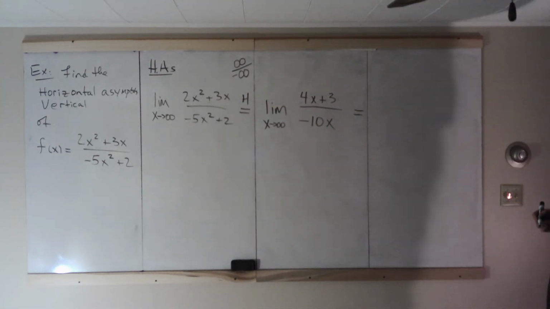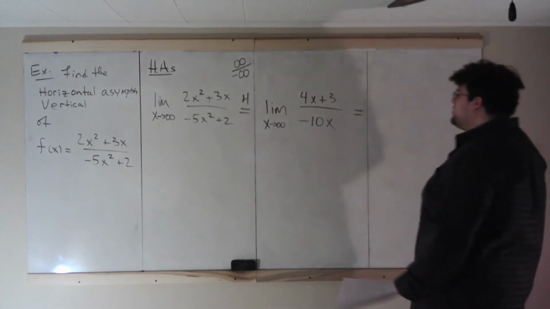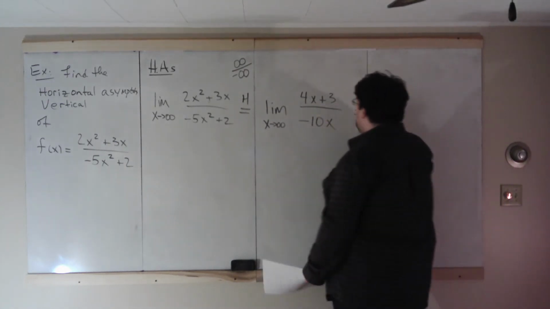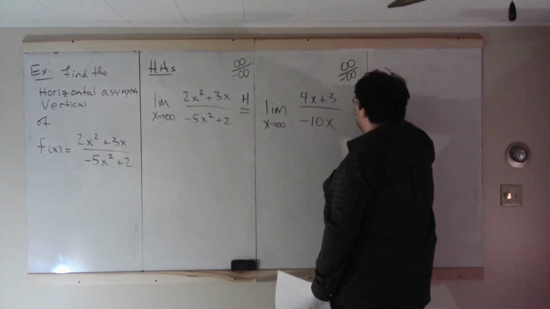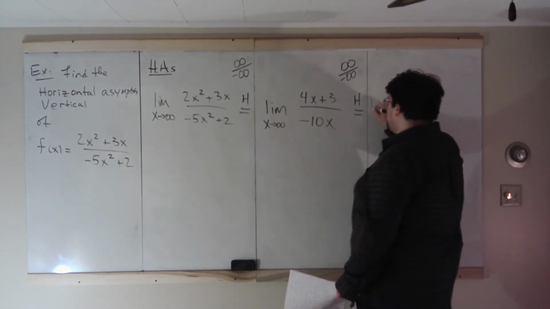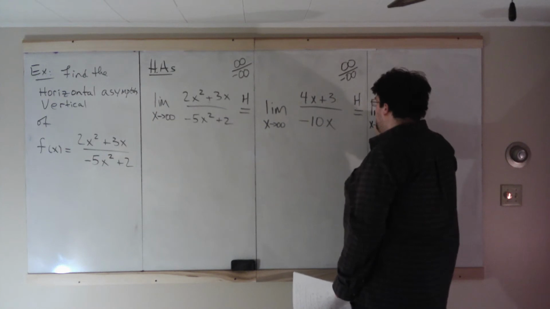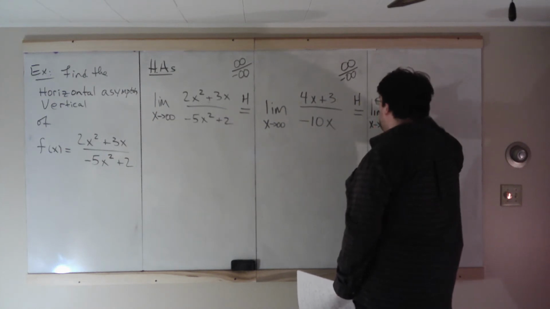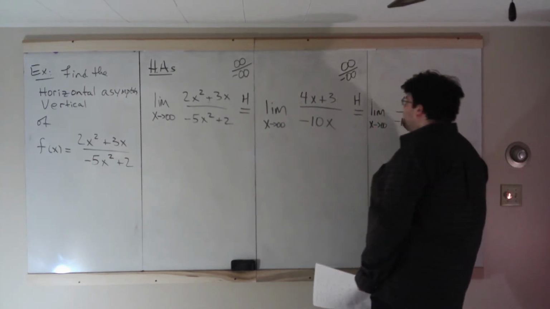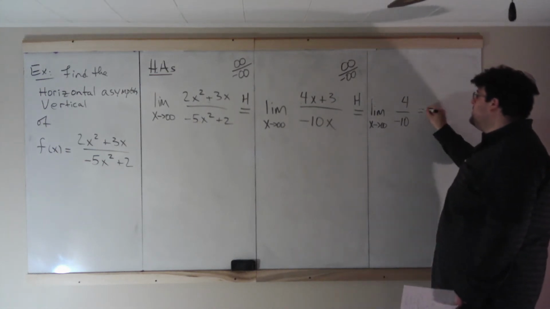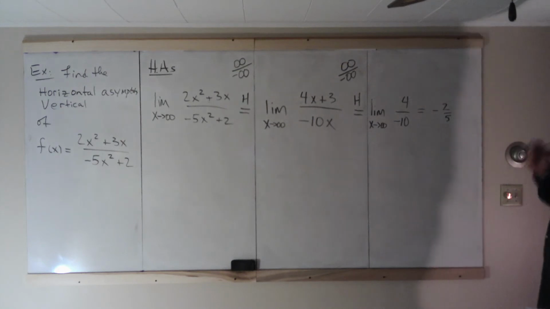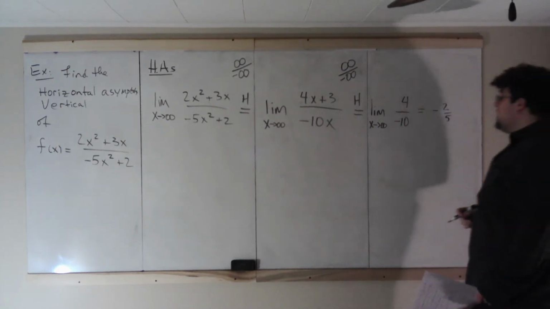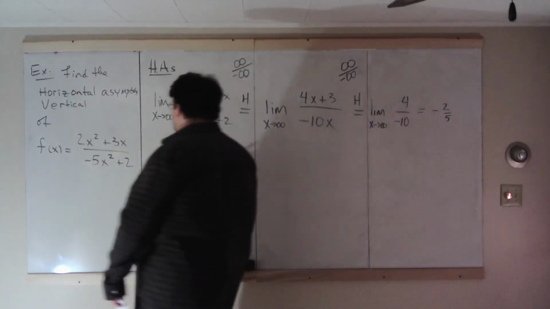Derivative on top, 4x plus 3, derivative on the bottom, negative 10x. As x goes to infinity, again, we have an infinity on top, and we have a negative infinity on the bottom. A form on which L'Hopital's rule applies. Derivative on top is 4, derivative on the bottom is negative 10. So this limit is negative 2/5. Negative 2/5 does not change as x goes to infinity. But